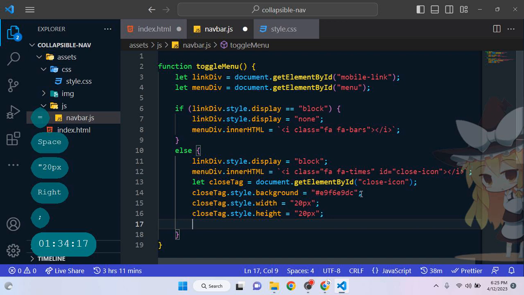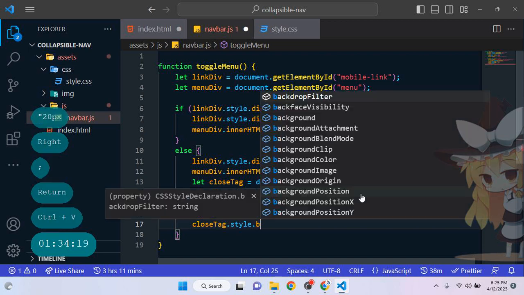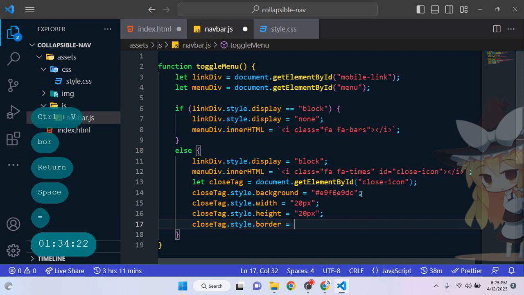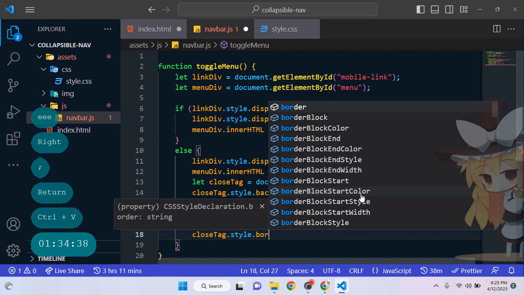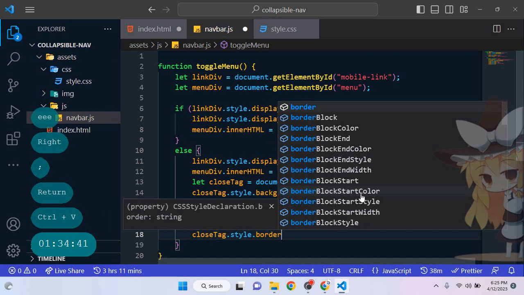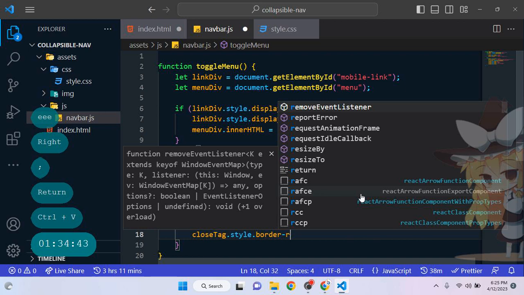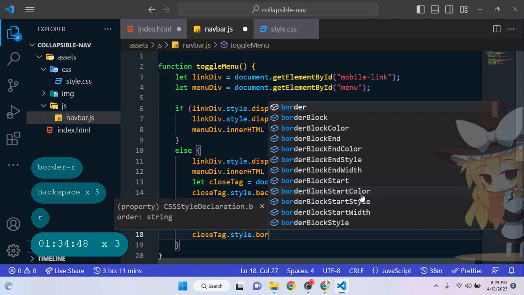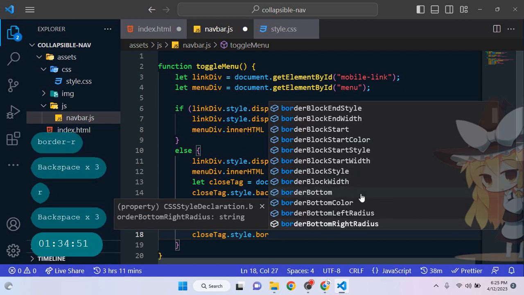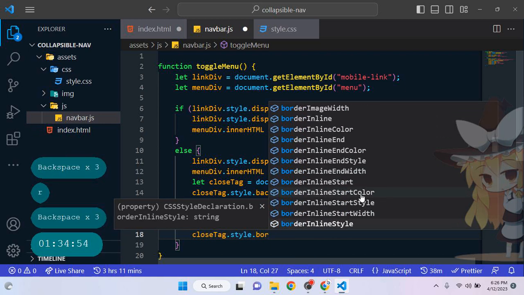Then we have our border there, and our border should be 1 px solid, and the color should be faint, like a silver color. Alright, then I want the border radius now. Border radius, here it shall come up with border radius. Okay, let's go down. Border bottom. Okay, border radius